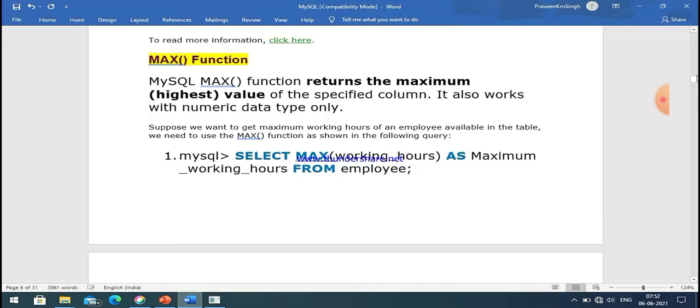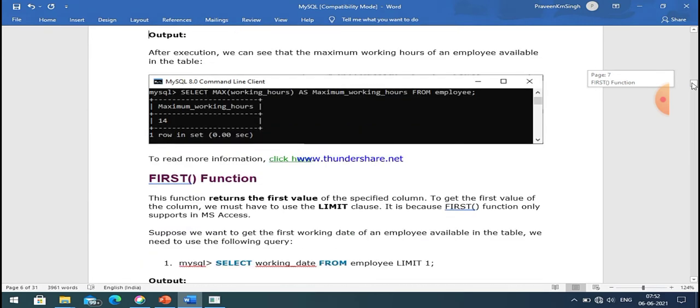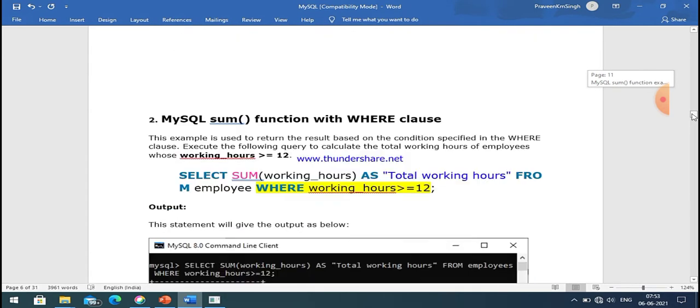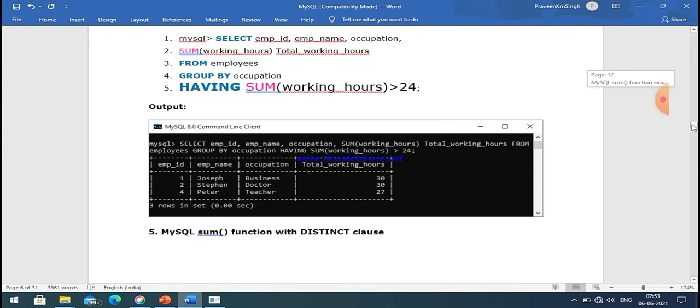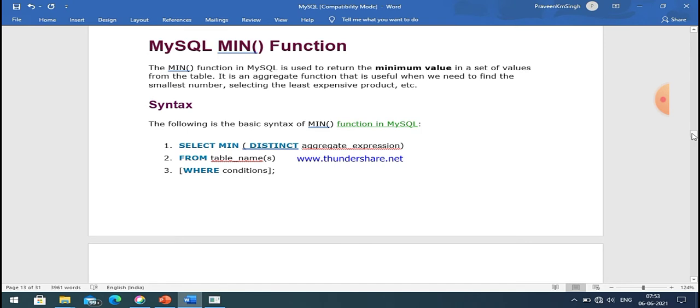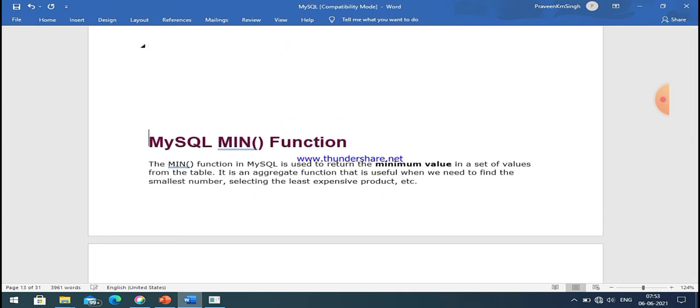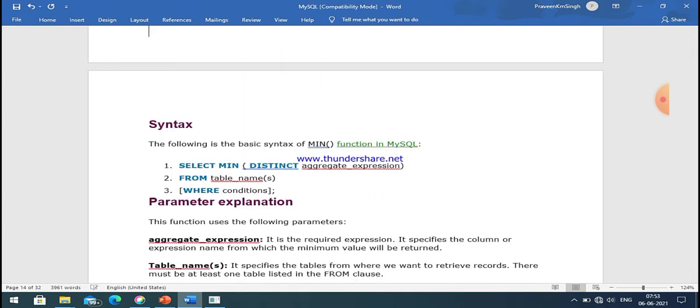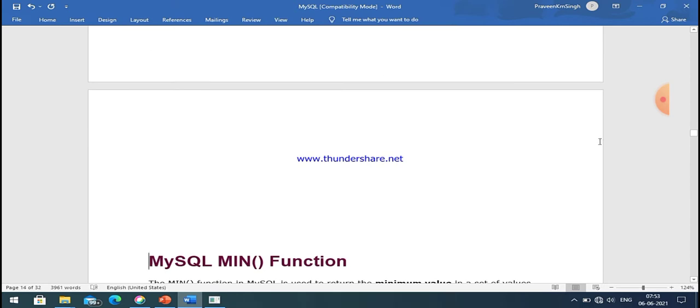Always remember that if you want to use any aggregate function or any function, you must use the select statement, otherwise you are not able to find the result of that function. So that is the syntax. You can easily see here: first of all select, then the name of the function, which is min in this case, and the keyword distinct or all may be mentioned.